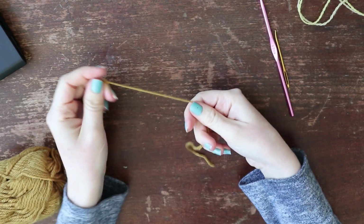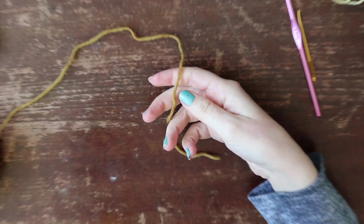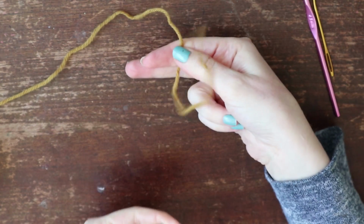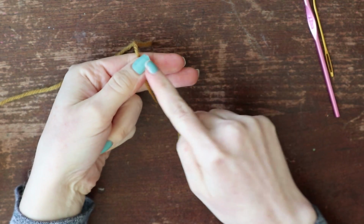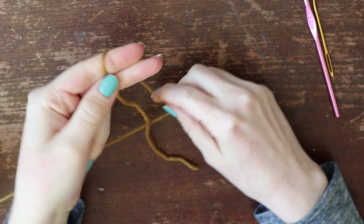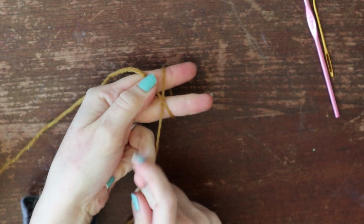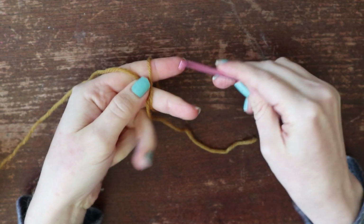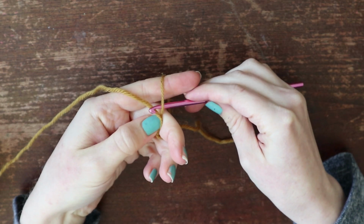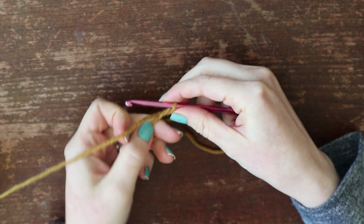So let's get started. I'm going to start off with this brownish color, and we're going to start with the magic loop. So take your yarn with your tail down and put it over 2 fingers and wrap it around, so it crosses in the middle like this with a little X. Then take your crochet hook, go under, catch this yarn, pull up a loop,